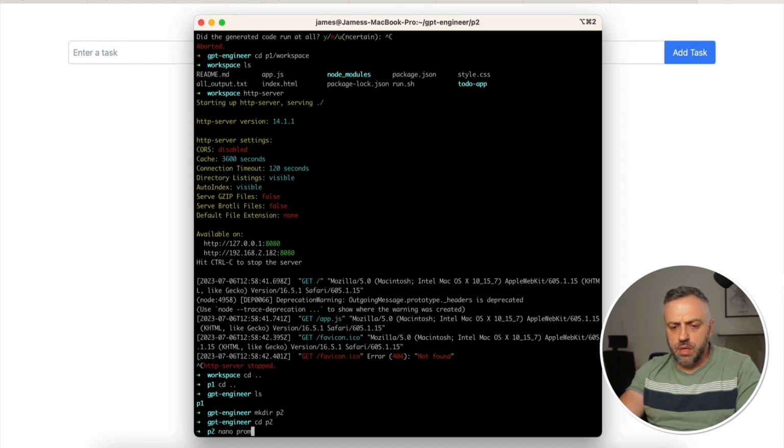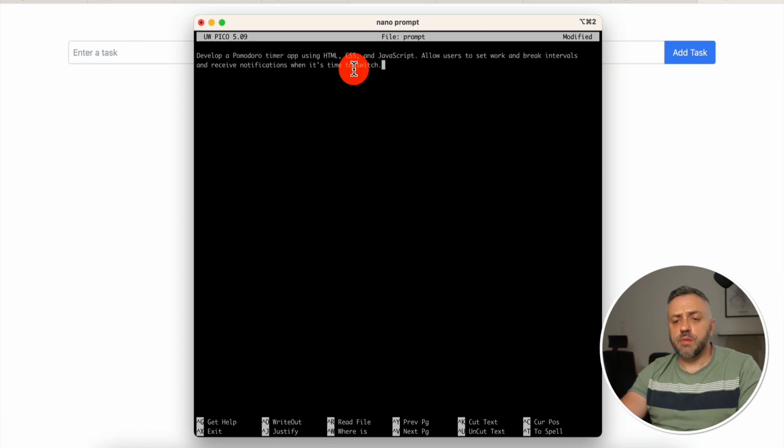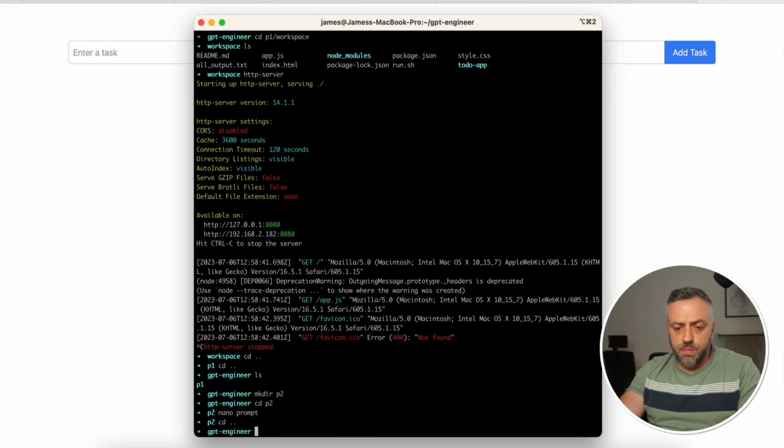And I'm going to create a new prompt. Okay, I'm going to say prompt, and I'm going to paste this prompt here. Develop a Pomodoro timer app using HTML, CSS, and JavaScript. Allow users to set work and break intervals and receive notifications when it's time to switch. Okay, so we're going to save this, exit out, and now we're going to go back to the root directory